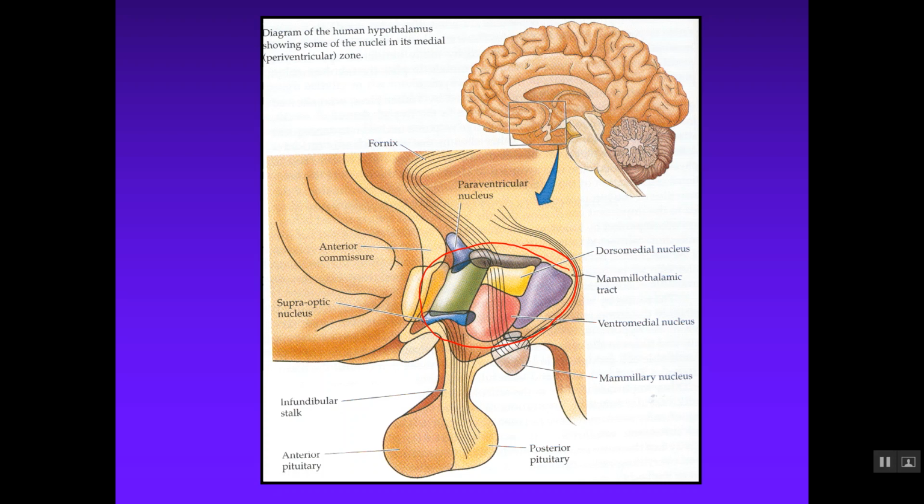Just know that it is composed of multiple regions or nuclei, and that it does have a nucleus that projects axons down into the pituitary gland, to the posterior pituitary gland, and that's called the neurohypophysis, but it secretes neurotransmitters directly into the bloodstream that act kind of like hormones, but they're neurotransmitters you secrete